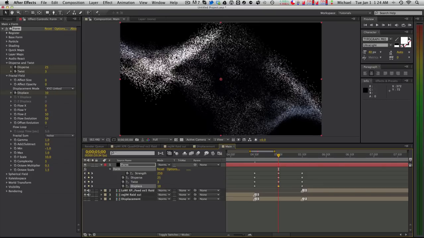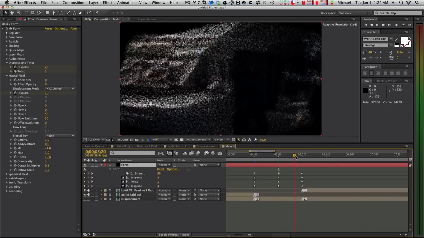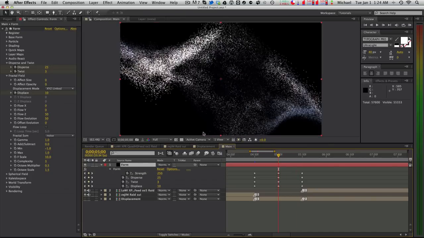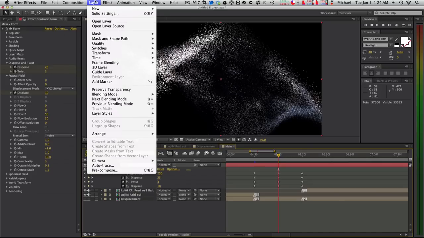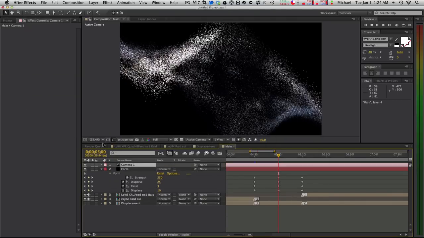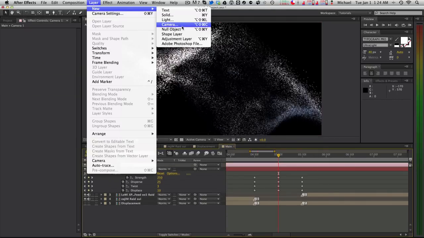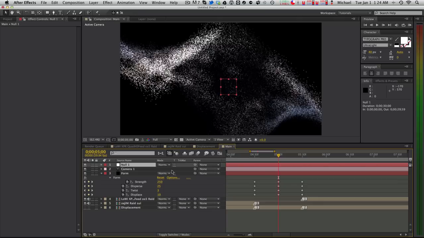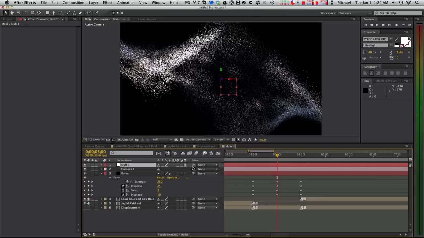Alright, so you can kind of see the particles are already being displaced and twisting, and then it comes back to normal over here. But what else we gotta do is go to Layer, New, Camera, and then 50mm is fine. And then after that we're gonna go to Layer, New, Null Object. Alright, and now go to this, hit the cube to make it 3D, pick whip Camera 1 to the null,